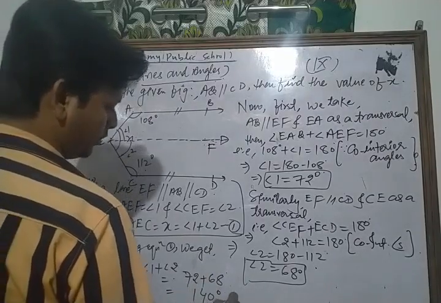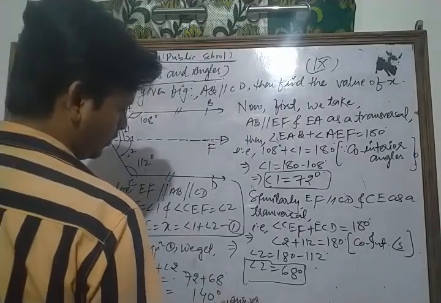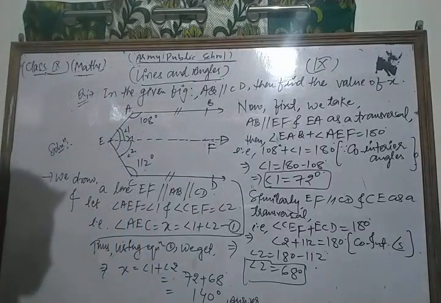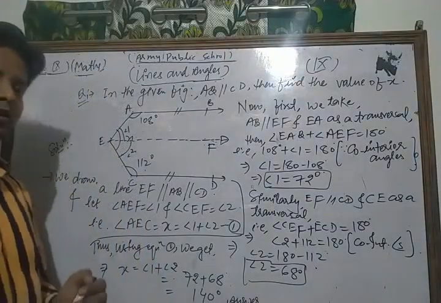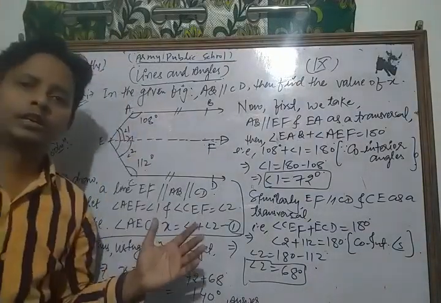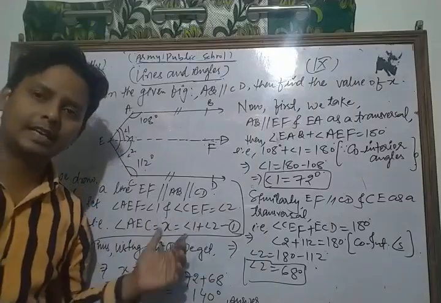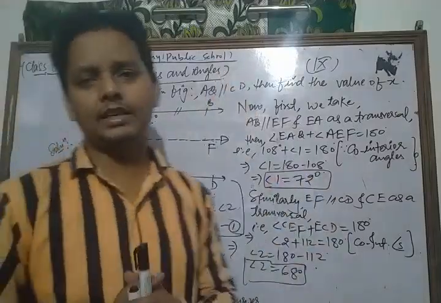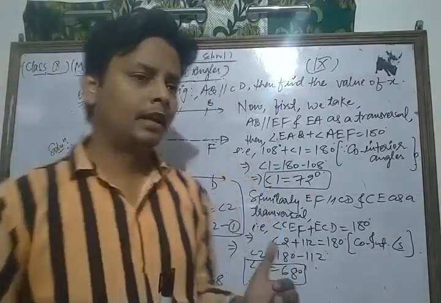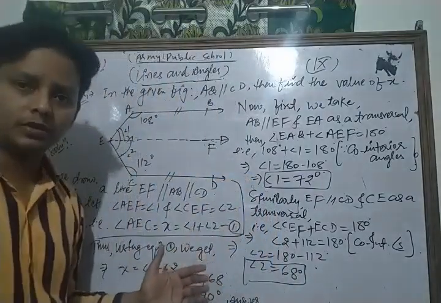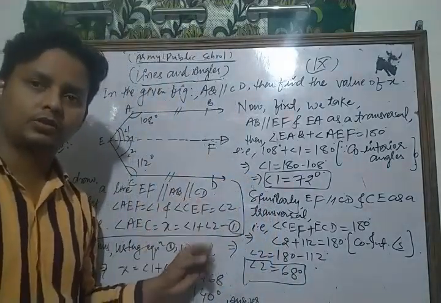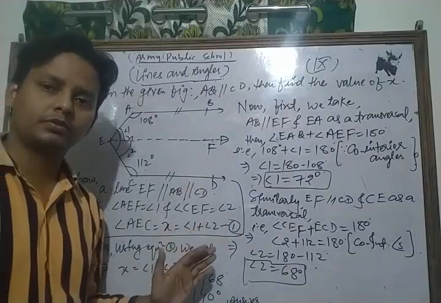140 degrees. This is the required solution of the given question. In this way, you can solve each and every question of your NCERT exercise based on the topic angles made by the transversal. This is one of the most important questions. So in this way you can solve each and every question of your NCERT exercise.